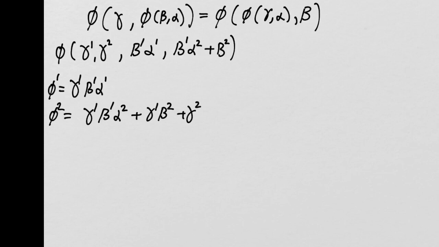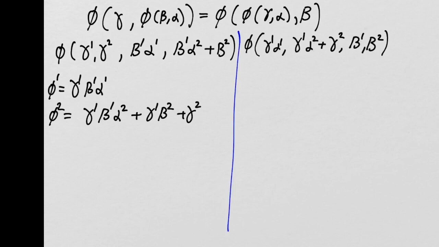All right, so now we check this side. Here's the breakdown of these coordinates, breaking down phi into the phi 1 part and the phi 2 part, breaking down beta into the beta 1 part and the beta 2 part, and now we'll look for phi 1, which is going to be the product of the two scale changes, gamma 1 alpha 1 beta 1. Then we'll look at the phi 2 part, which is going to be the scale change times the second shift change, which will be,